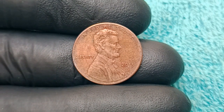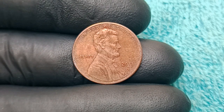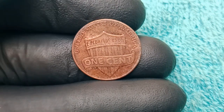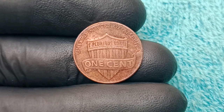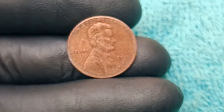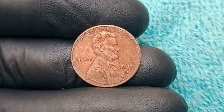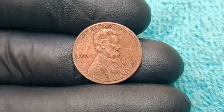This seemingly minor technical oversight can have monumental implications for value, as collectors often prize error coins for their uniqueness and scarcity, making them far more attractive than their unblemished counterparts. The thrill for collectors intensifies when they discover a 2013 D penny displaying such striking errors, as this indicates that what they hold in their hands could potentially lead to an extraordinary payday, and many collectors scour shops, flea markets, and even their own pockets in hopes of stumbling upon one of these valuable coins that have become legendary among